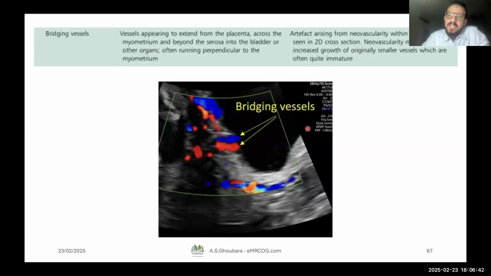So what's actually sensitive in the Doppler? These bridging vessels. These bridging vessels are the guys who gave us the equal sign for interrupted bladder wall. Okay, vessels appearing